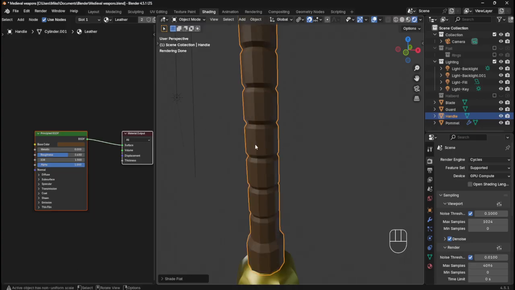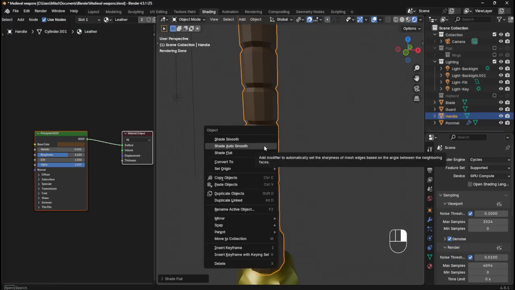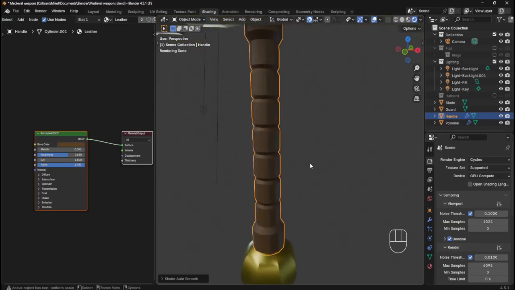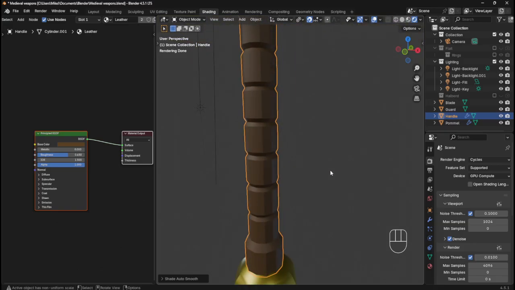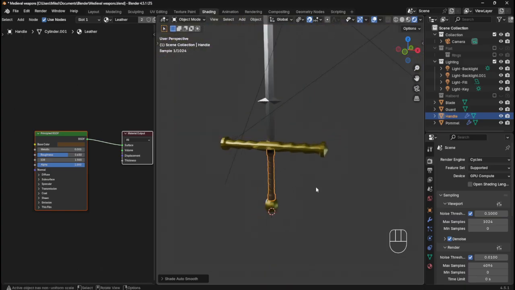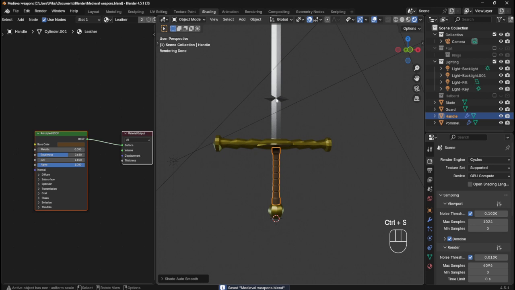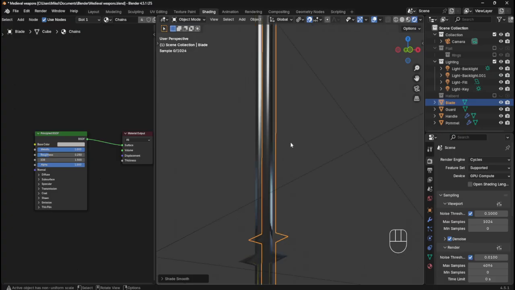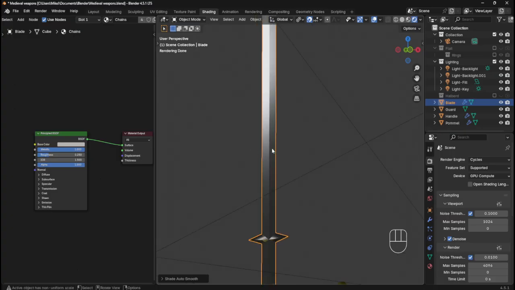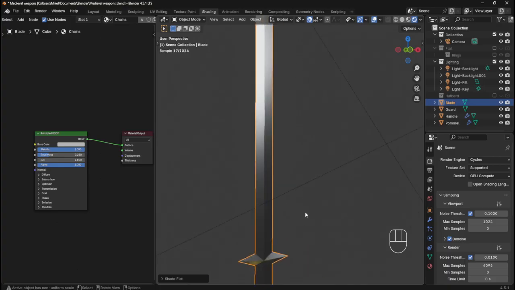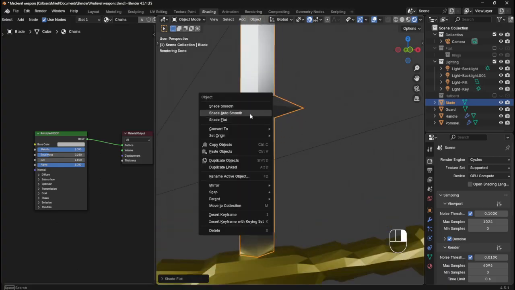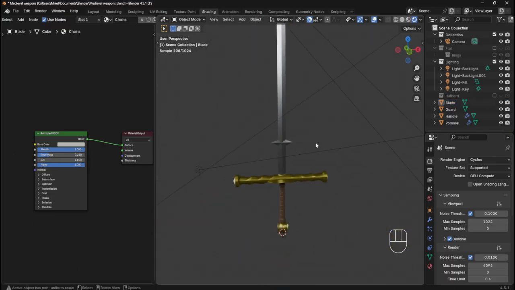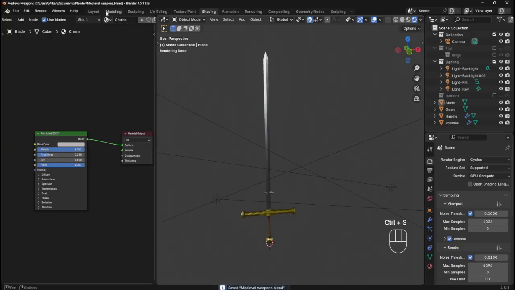So flat is a bit too... There's too many faces. Tris. Auto smooth. I think I prefer auto smooth for that. Yeah, auto smooth. You know what, guys? I'm happy with that. Smooth. Oh my god. Auto smooth. Flat. No. Definitely flat for the blade. Guys, it is done. Let's go to the layout